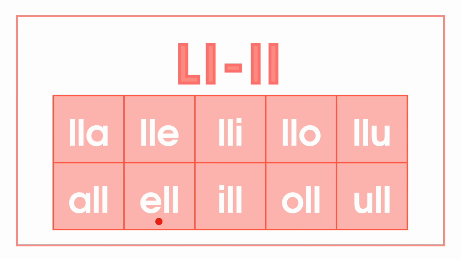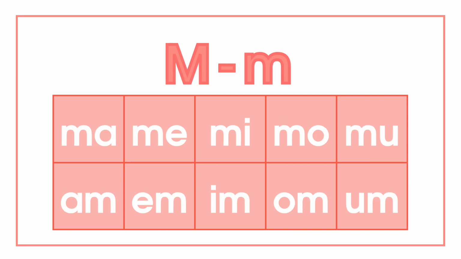Aj, ej, ij, oj, uj. Let's continue with the sound m. These syllables are read as follows: ma, me, mi, mo, mu. Am, em, im, om,